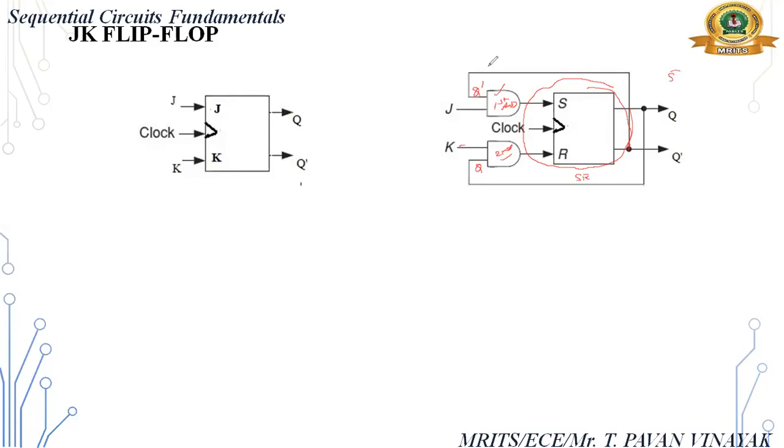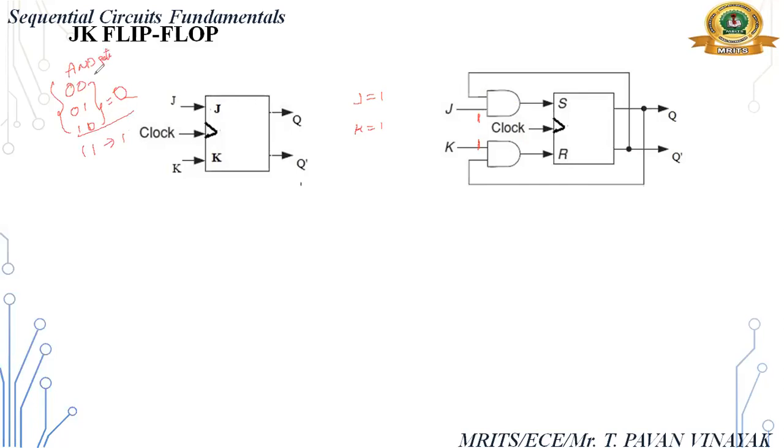Let us see what happens. The remaining process is the same. I am checking only the J equal to 1, K equal to 1 condition. Which gate are we using? AND gate. So what is the AND gate truth table? 0 0 gives 0, 0 1 gives 0, 1 0 gives 0. Sorry, for 1 1, output is 1. For all the remaining, it is 0. This is the AND gate truth table.